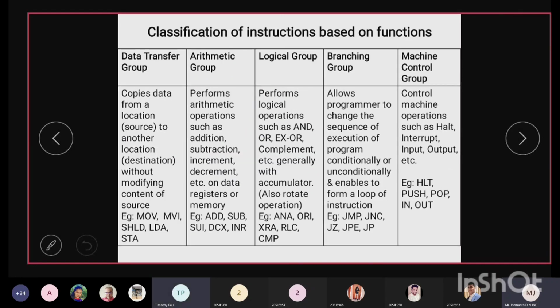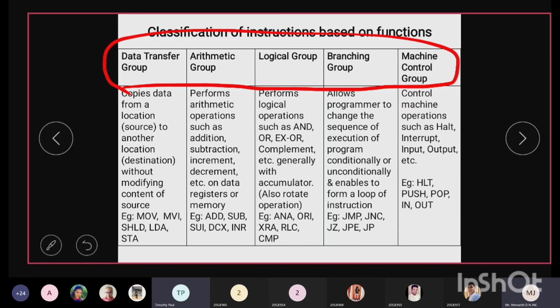See here, you can just write it as SUB. You can find that these are the different instructions which are classified in 8085. First is the data transfer group, arithmetic group, logical group, branching group, then machine control group. In the arithmetic group, SUB is an instruction which you are using to do the subtraction.